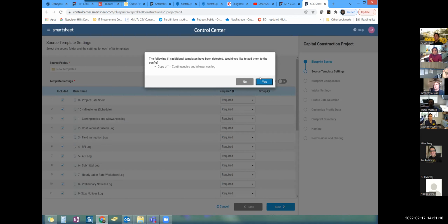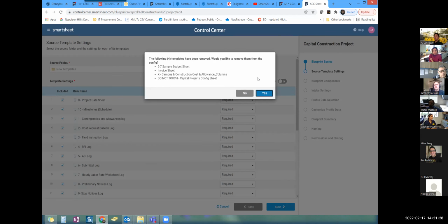And so it's basically asking, hey, I've detected a new sheet. Would you like to add it to the config so that every time I create a project it comes with a copy of the contingencies and allowances log? So in this case, we're going to hit yes. Now you'll see in here, when I remove something or I rename a sheet inside of the template, and if we go to SmartSheet really quickly,